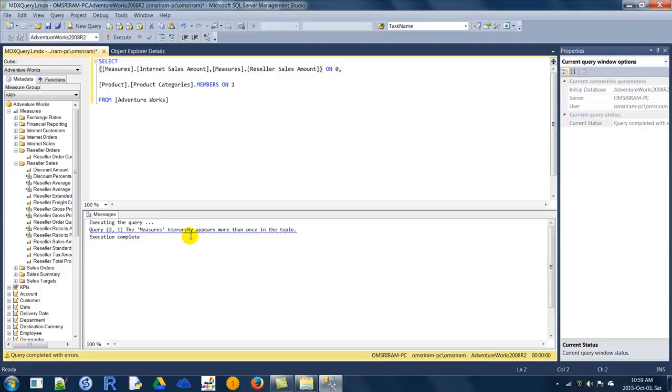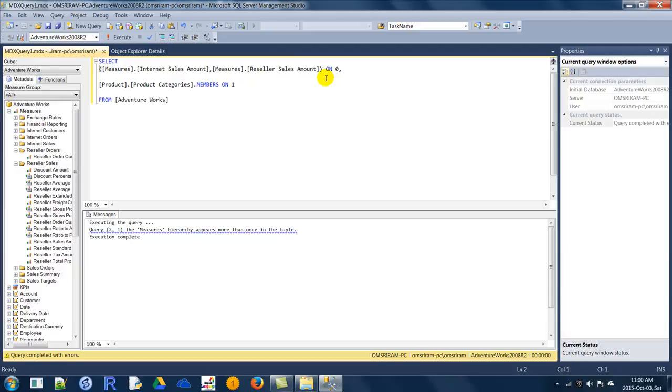See, a measure hierarchy appears more than once in a tuple. So this is the measure hierarchy. Within the measure hierarchy, appearing more than once is not possible, because the same hierarchy is used multiple times. So how can you use these tuples?